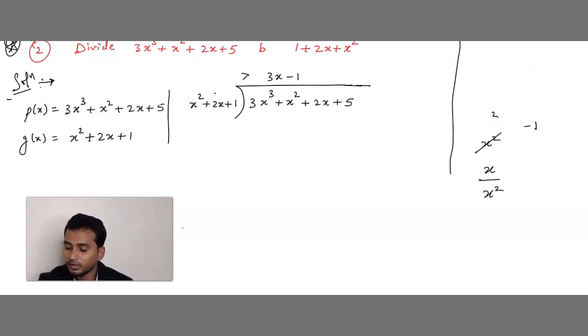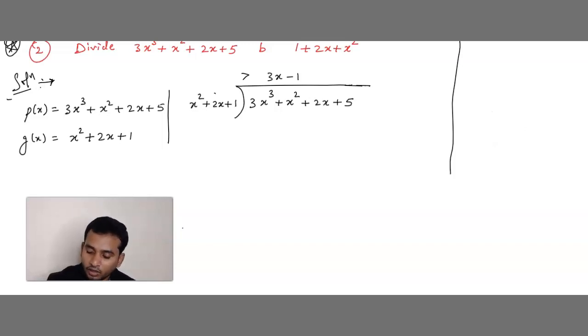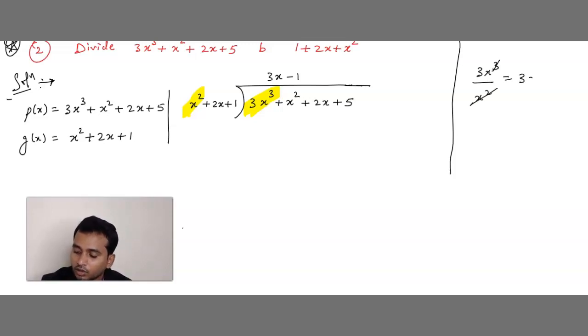I am solving right from the beginning. You can follow me each and every step here. Be careful. Okay? What is the first term? Be careful, I said. 3x cube. Here what is the first term? X square. So what should we do? First, the inside term is 3x cube, the outside term is x square. 2 times get cancelled. So what is left out? 3x. Write that 3x as it is. Now multiply. X square into 3x, that is 3x cube.